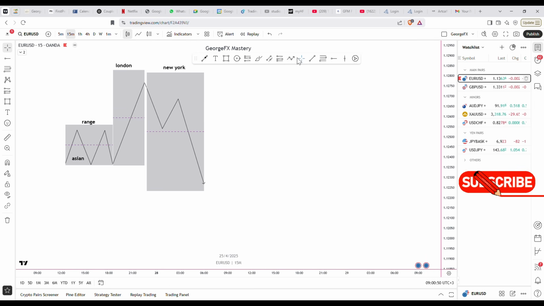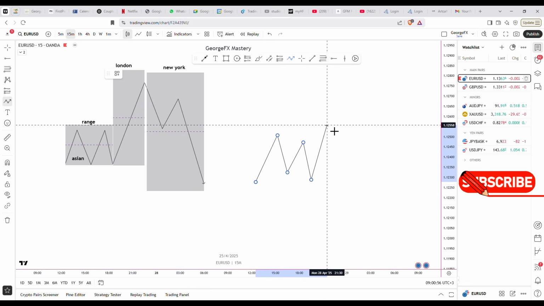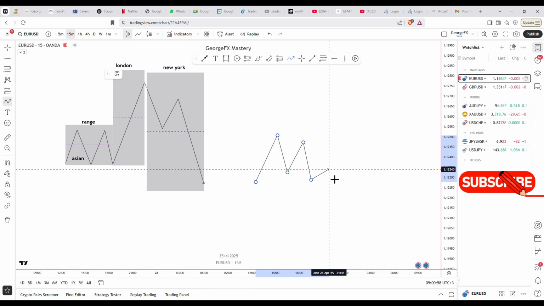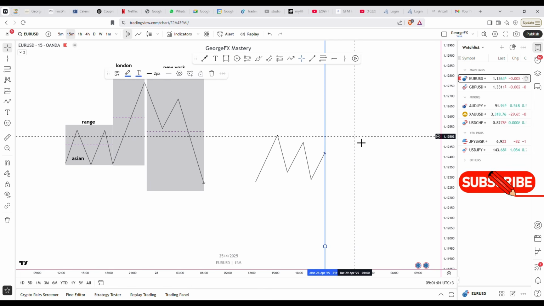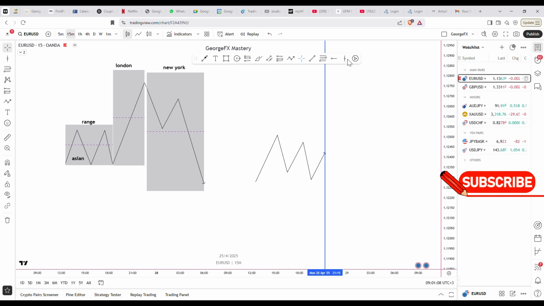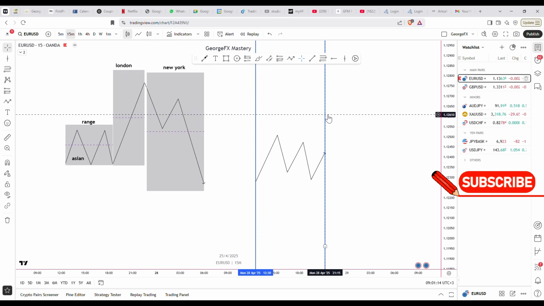So basically what you're going to be marking is, on the Asian session, we're going to be looking for the high and the low. Okay, so let's say this is where the Asian session is ending right now. By the way, the Asian session ends at 9 and London starts at 9. So basically you'll be marking from midnight. This line is going to be your midnight, 00:00, and this one is going to be your 9